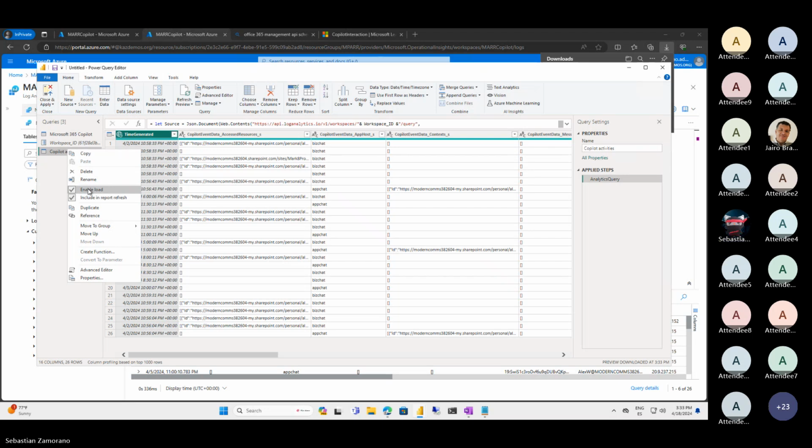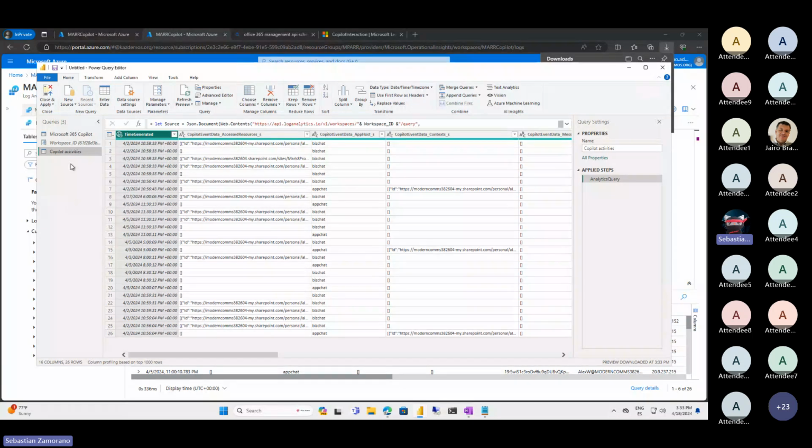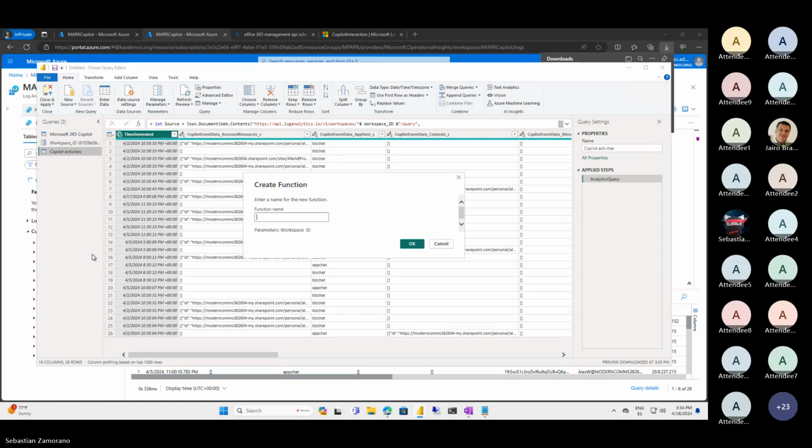I will use less data that we can get from Log Analytics. We can reduce the cost as I mentioned. Then doing a right click over the query name, we can create a function. And we will call this one